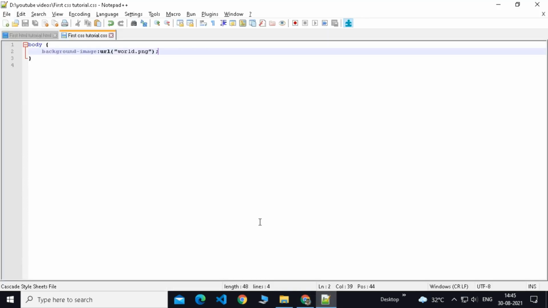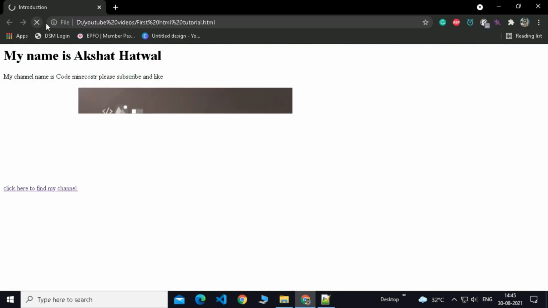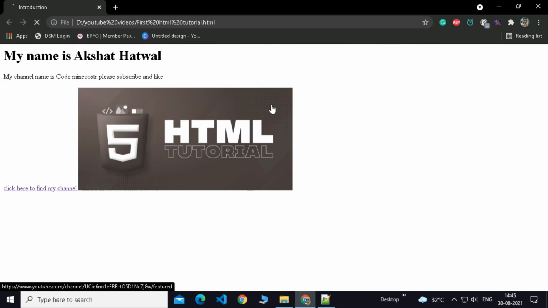Yeah, but now I was telling you not to put spaces in the URL. What if I just add a space and then save it? Then I will go and refresh my page, and there will be no background coming. In your case it might be coming, but in my case it never does. So yeah, I will wait, and yeah, it's not coming. I will even try refreshing it.